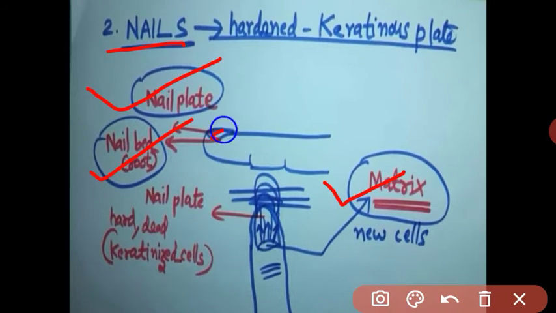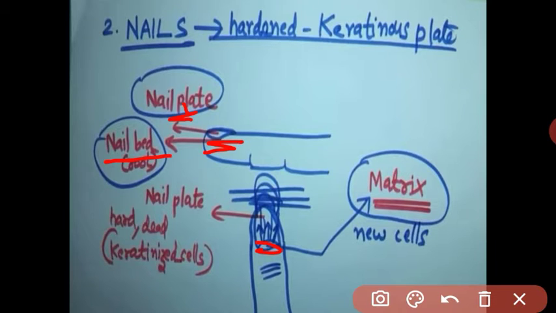Nail plate means the outer hard plate-like structure. Below the nail plate is a skin-like bed, which is covered by the nail plate. This is called the nail bed, and the nails have a half-moon-like structure just below the skin surface at the base of the nail. This is visible as a whitish half moon, and there is production of new cells, which mature and move forward, and the nail grows long. We will cut it. Got it, student?